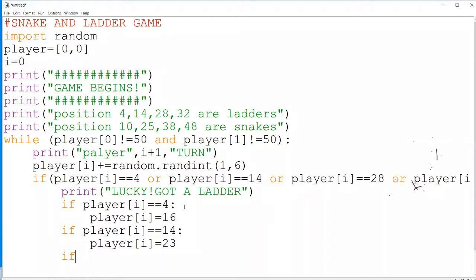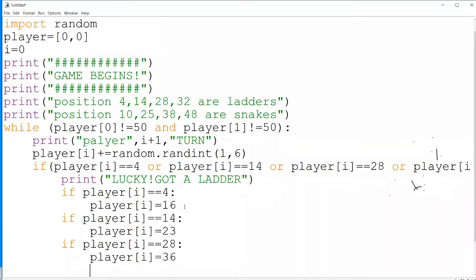Similarly, if player of i is in the position 28, now I wanted him to move to, from 28 to maybe 36 we'll take. 36, we are not repeating, right? Okay, 36. So we have finished with the ladders we have given.